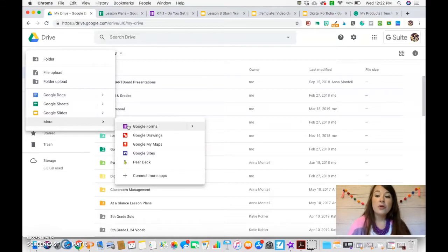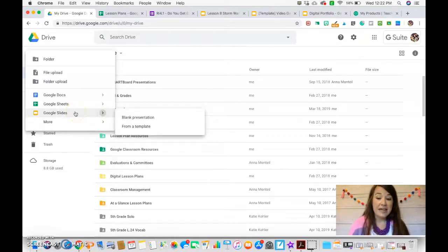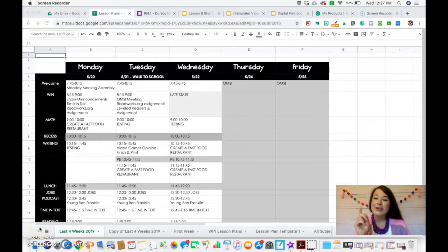So we're going to be focusing mainly on Google Slides today. But I'm also going to kind of mention Google Sheets and Google Forms. So the first thing we're going to do is we're just going to basically look at what those digital resources look like. Okay. So the first Google application that we are going to look at a little more in depth